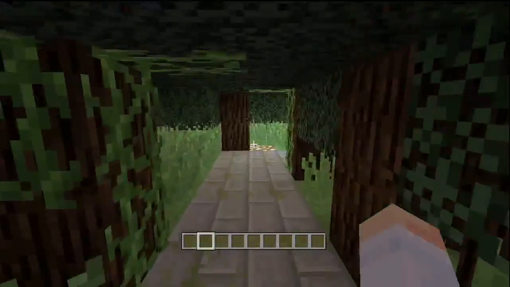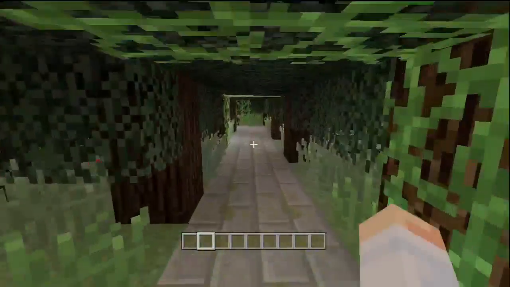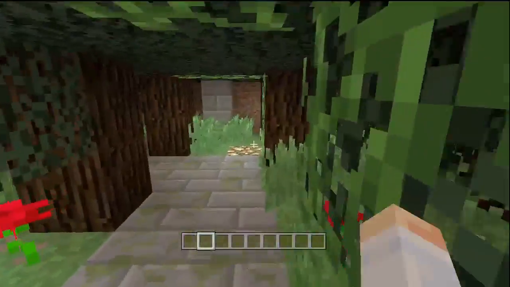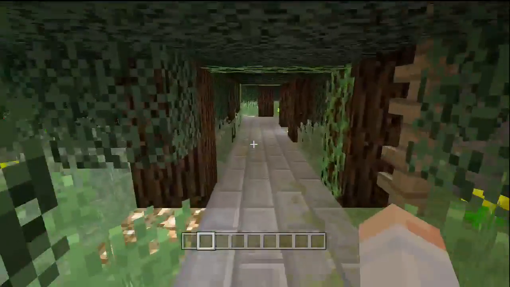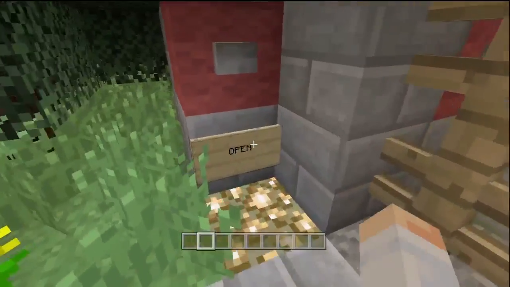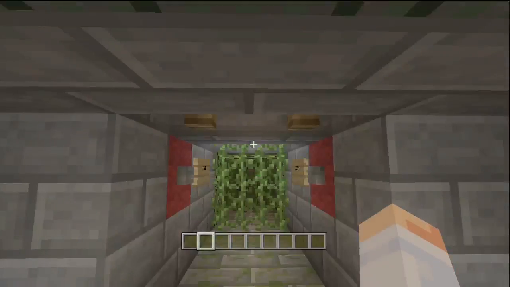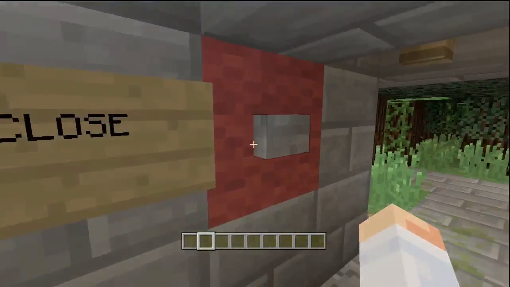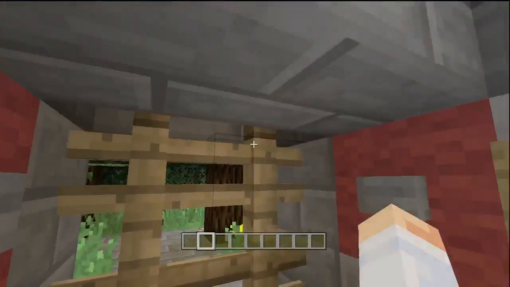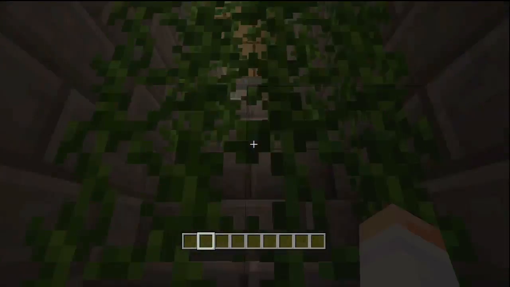Dang, I forgot this thing was this long. It's like a little maze. And every time I go under these vines, or I think I brush them, it slows me down. We're almost there. Here we go. So now we get to here. Now we hit this button that says open, and we walk through, and we hit this one that says close, and it closes. That's a cool contraption. And then go through these vines,